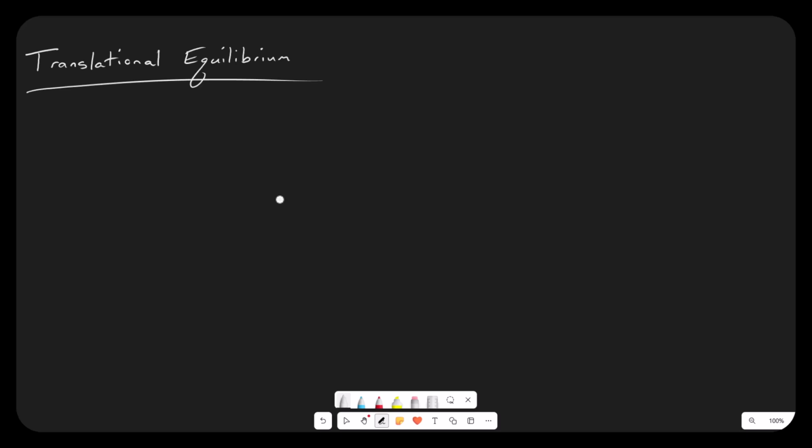First, translation. In math terms, translation just means straight line motion, sliding. We're not rolling, we're not rotating, we're just moving. Equilibrium means we've achieved some kind of balance. Translational equilibrium specifically means there are no net forces acting on our object, and we can use this to solve